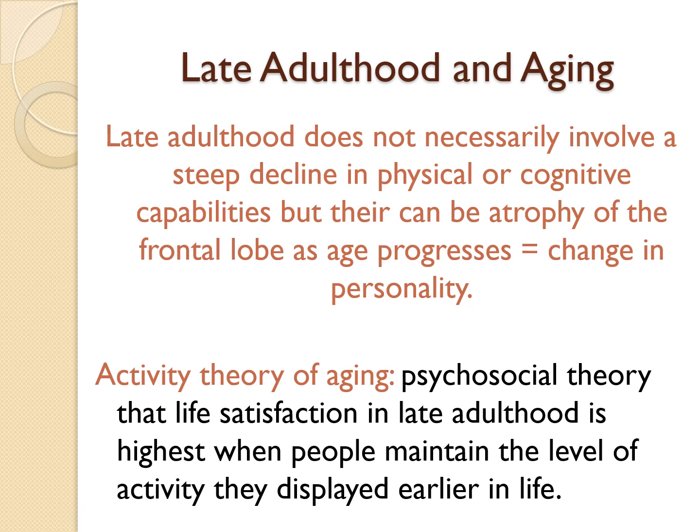Late adulthood, sometimes it has the steep decline in physical aspects or cognitive aspects, and you can see that it happens relatively quickly, and then we know that the aging process has stepped up its pace and caused a greater decline. We do see that frontal lobe, that personality and whatnot can have aging issues along with it, and we can see personality changes happening during that time period. There's that activity theory of aging. Keep doing it in order to continue to be able to do it.